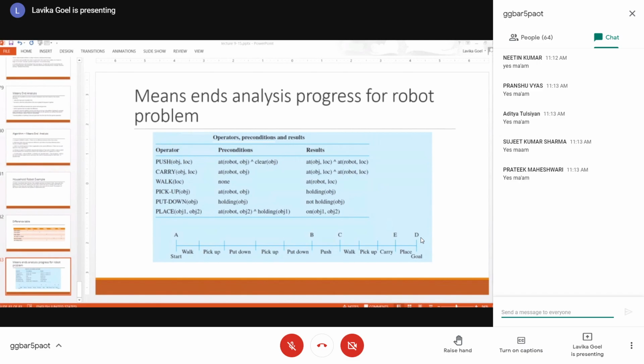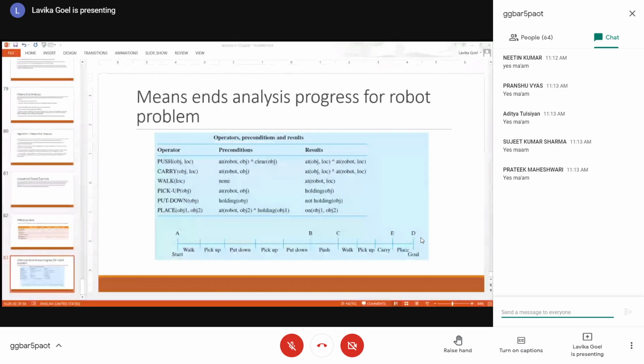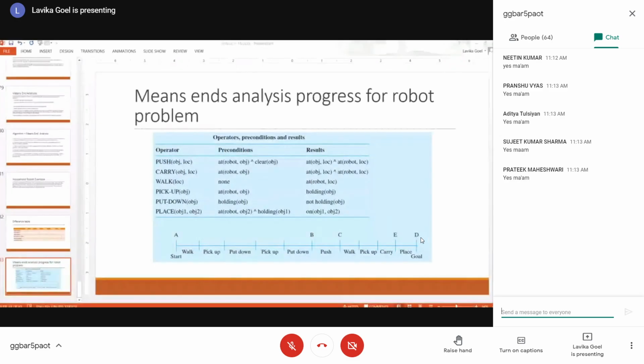Fine. So you have minimized the most important difference, that you have reached from B to C, but actually the B state is not the starting state. So you have two other differences to minimize after you minimize this difference from B to C. What are those two differences? The difference from A to B and the difference from C to the goal state. Fine. So now how will you minimize A to B? A is your starting state, and you have to reach a state where your robot is at the table and the table is empty. So how will you minimize that difference?